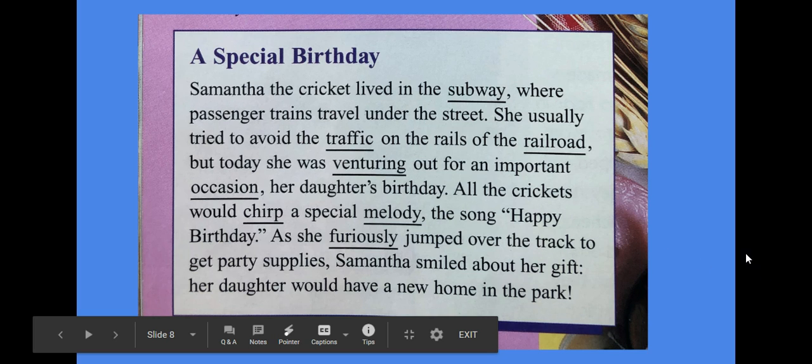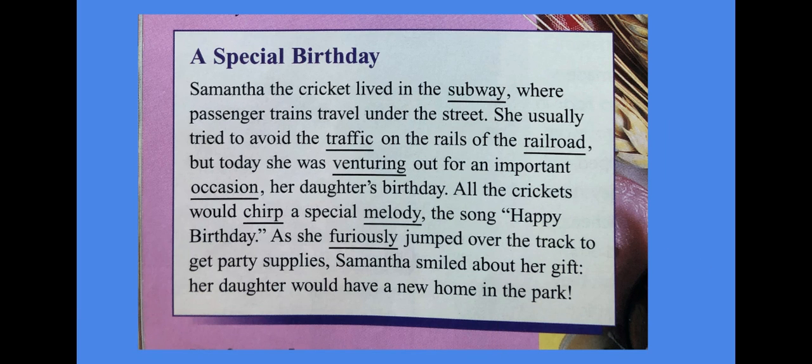So, boys and girls, today we are going to be looking at vocabulary and what words mean. As a reader, we always want to make sure that we're understanding what we read. And sometimes we're going to come across words that are unfamiliar to us, maybe because they are not in our background knowledge, like Subway, because we think of Subway as the restaurant down the street, but Subway really has an entirely different meaning.